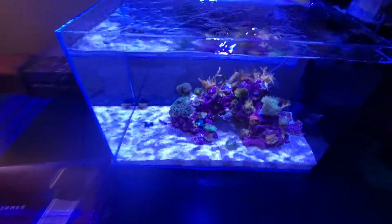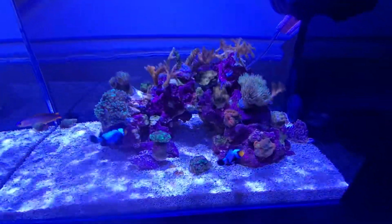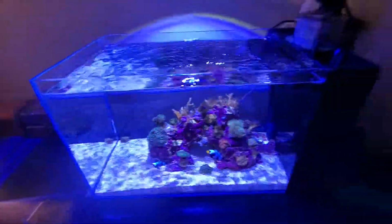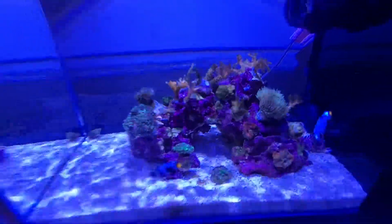Yeah, this tank is really awesome. I've had it for about a week now. Everything's doing good. I've had a lot of these corals for 2+ years. They're super tiny. The lights I just turned on, they're not even supposed to come on yet, so everything's all closed up. But yeah, so the skimmer,